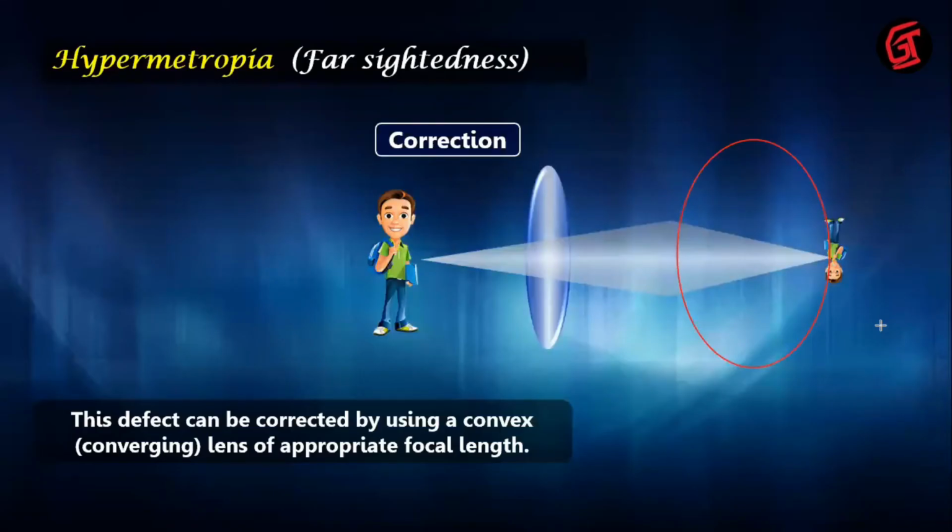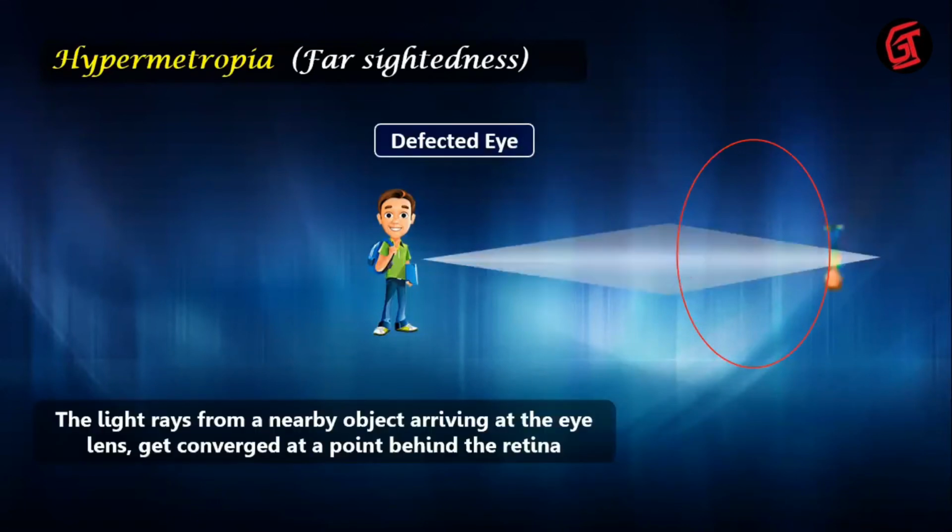Suppose this is in red, that is your eye. So now using a convex lens, we can exactly see that the image is formed on the retina. Okay. But suppose here, if it is a defected eye, the image is formed behind the retina. So if you see, the image is formed somewhere this side, right? Either image form हो रहा है. So which is of no use. It has to form exactly on the retina.